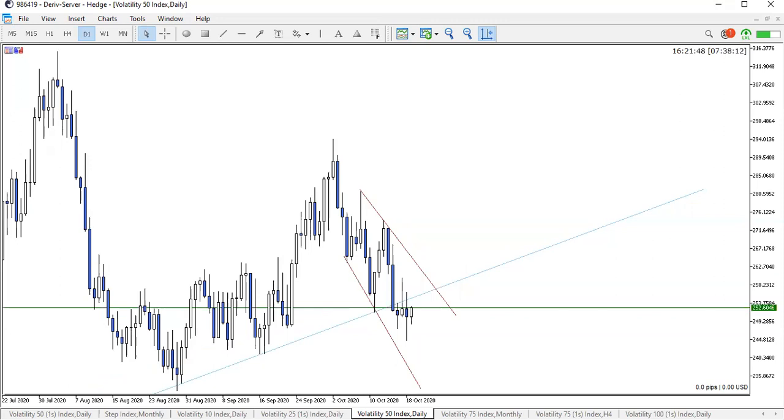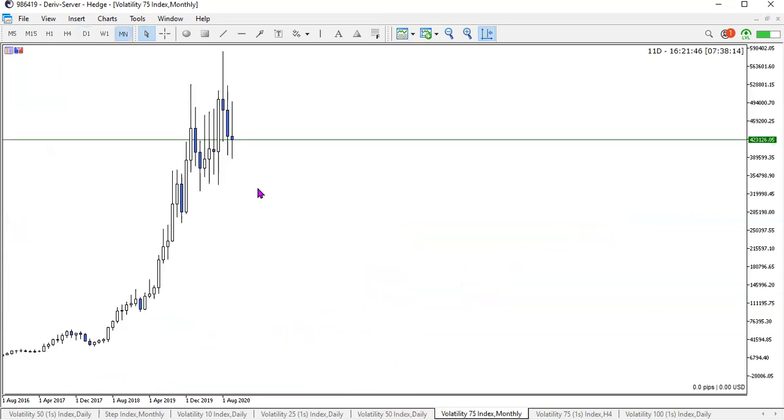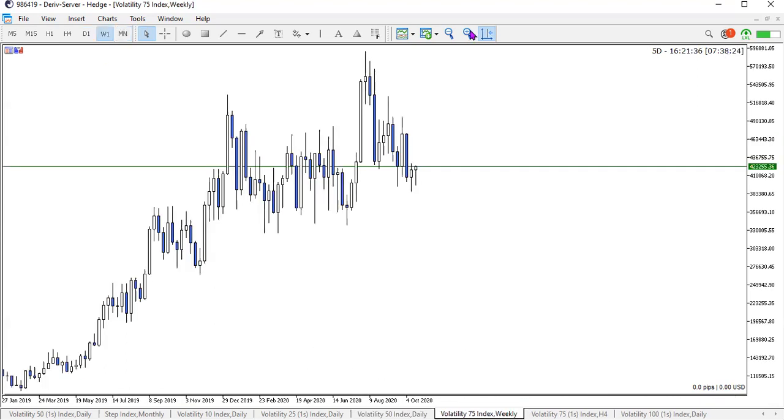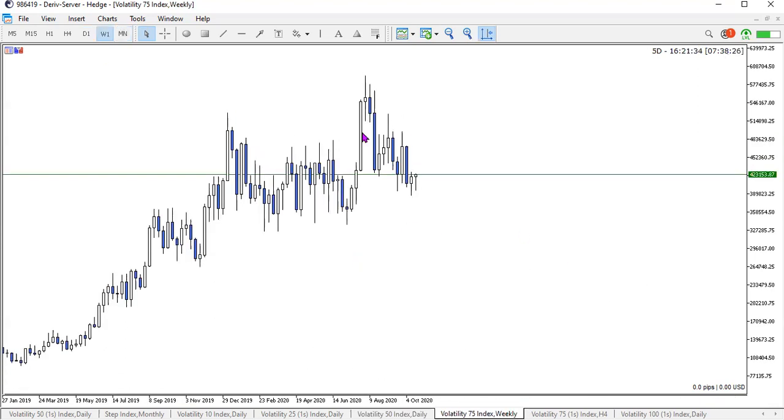Let's move on to VIX 75. I haven't really even looked at the chart on VIX 75. The reason for that is because I'm just not trading this chart at the moment, because I really don't like the way it's moving. So I'll just look at the weekly chart for you on volatility 75,